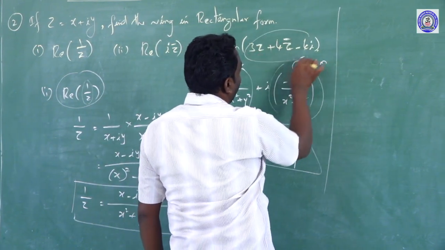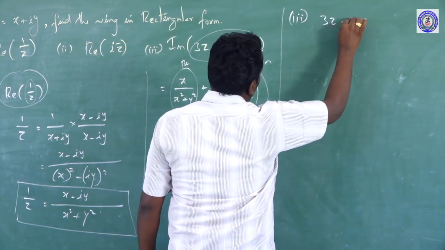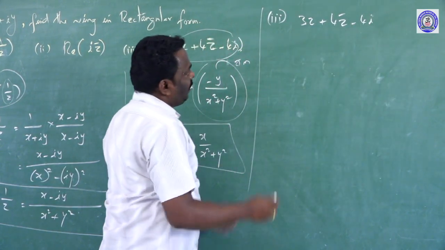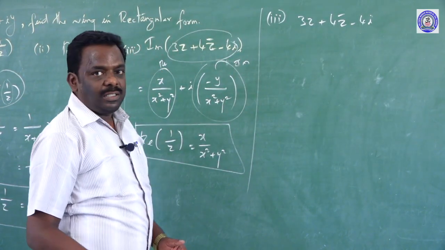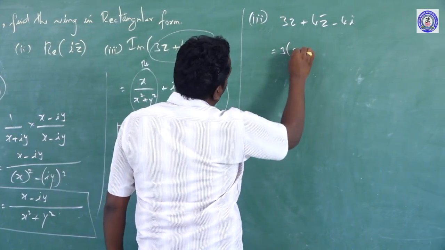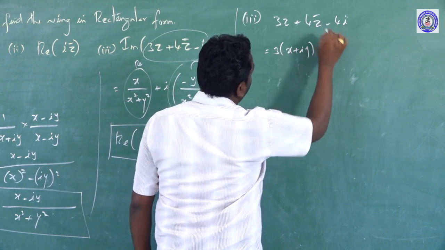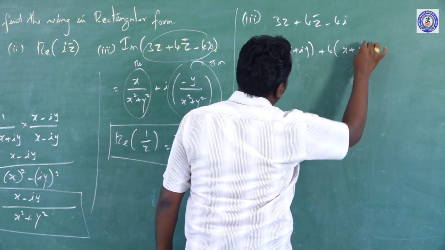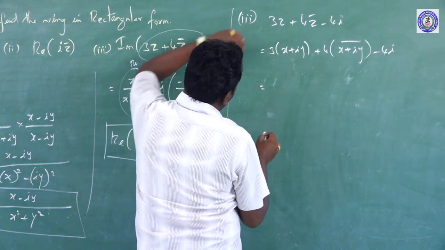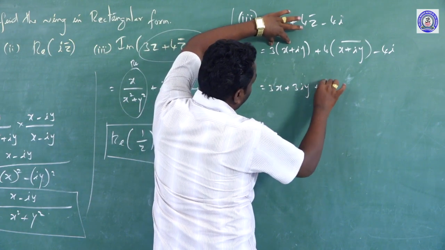Just consider the term within the bracket. What is within the bracket? 3z plus 4z bar minus 4i. First simplify this expression into the standard rectangular form. So that equals 3 into z, where z equals x plus iy, plus 4 into z bar, that is x plus iy whole bar, minus 4i. That equals 3x plus 3iy, plus 4 into